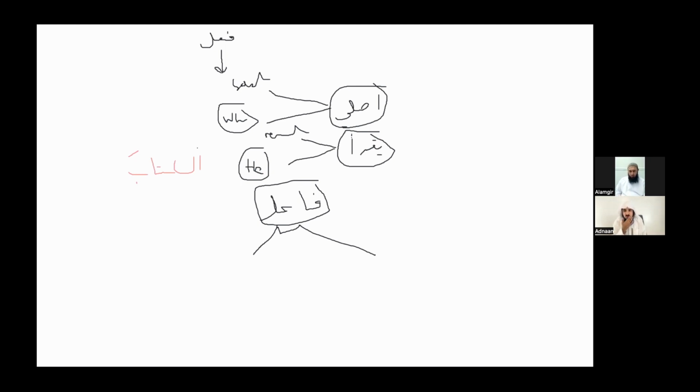So how would a person know? According to your harakat on the end. Notice how just changing it to dhamma or kasra would change the meaning. ضرب زيد عمرا, which means Zaid hit Amr. And if you had to say ضرب زيدا عمرٌ, which means Amr hit Zaid. Notice how completely the tables turn. Can you see? So I just want you to be aware of this slowly, that you're starting to understand